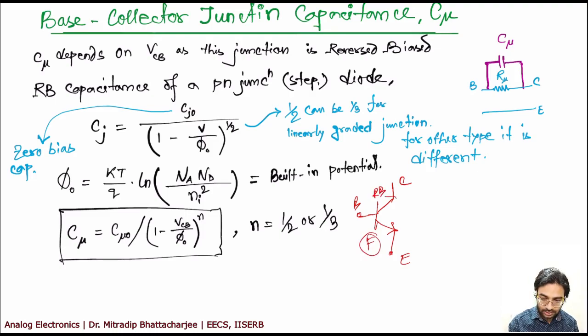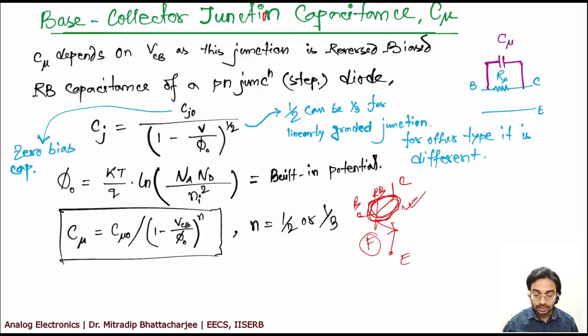Now if you consider only this part, this is also kind of a diode. Now what happens to a diode? Even if the diode is off, the diode is at reverse bias, because you need 0.7 volt to make the diode forward biased, right? So in this case, what is the capacitance of a reverse biased diode? It will be the capacitance of this base collector junction. So it's the junction capacitance, okay? It's junction.